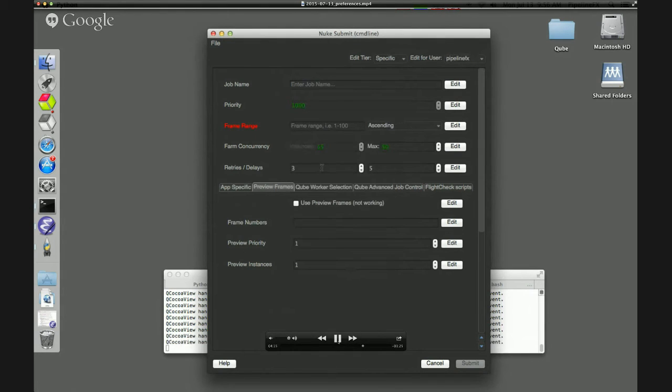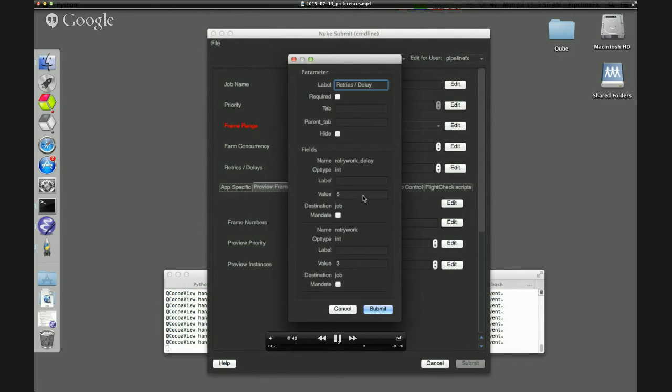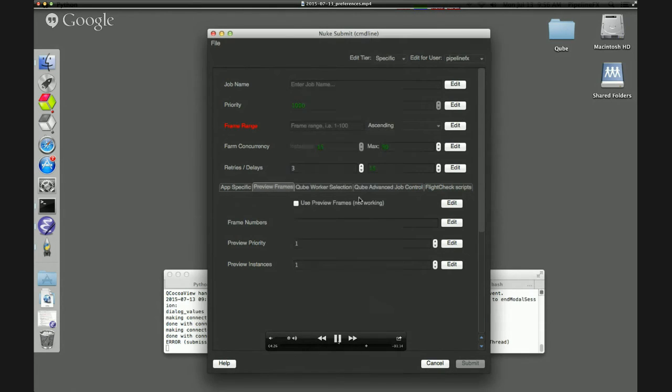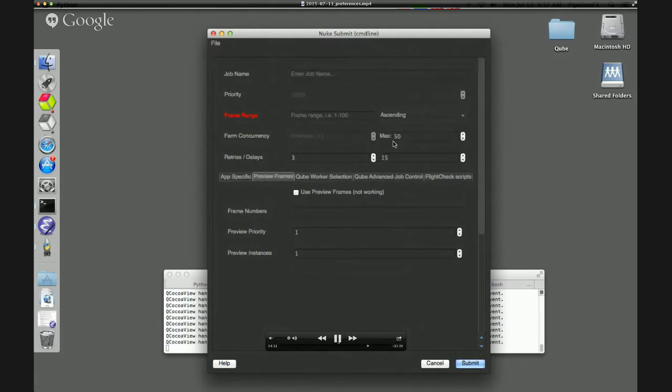Okay, and let's look at editing interval parameter. So for example here, if I edited the retry delay, I can simply change the value, click submit, and you'll notice that now we have an update. So if I disable editing, see that parameter is still there. It's set just as my preferences dictate.